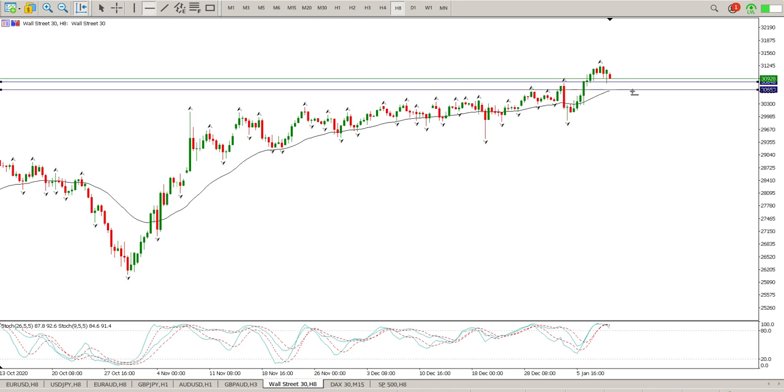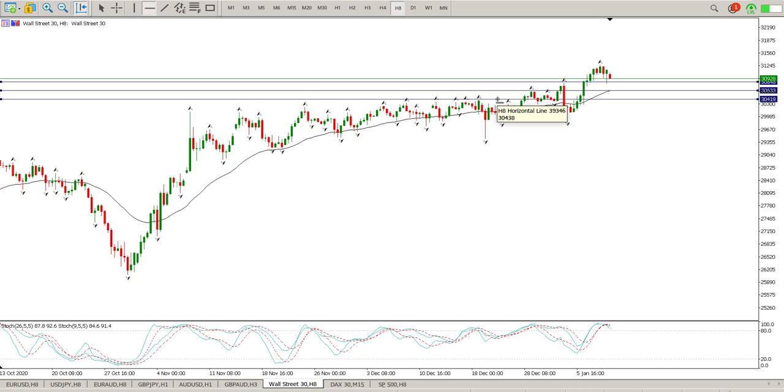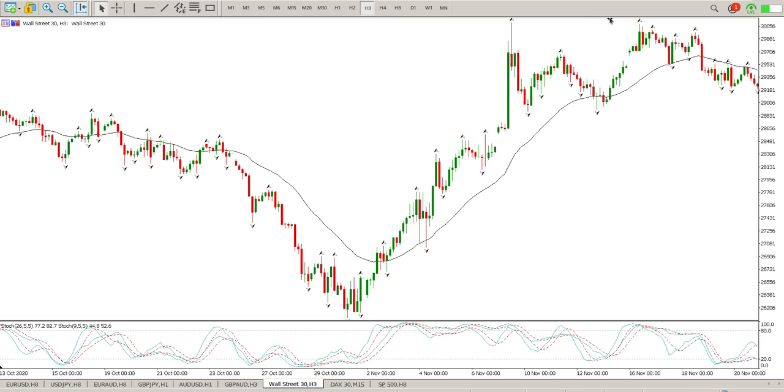There is another level a little bit further down, and then we have an even bigger zone of support a little bit further down than that. My oscillators, and as I said, I will get to those in the coming weeks, but that is indicating that there is a potential turn at the moment. So if we pop down to the 3 hour,